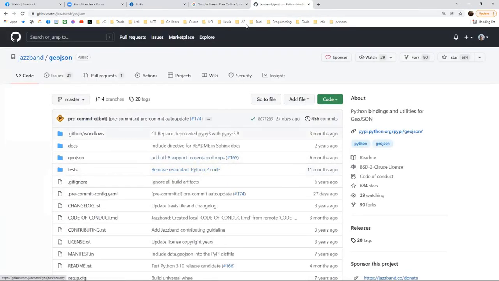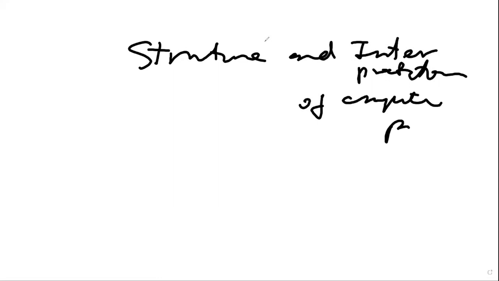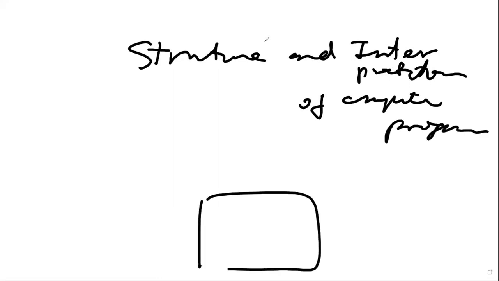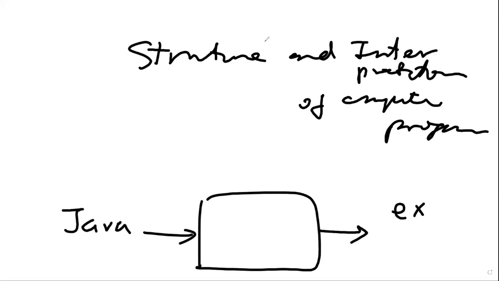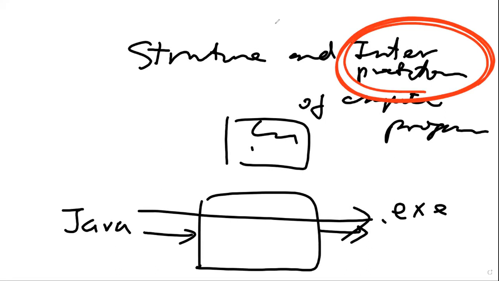You have to study. So the whole purpose of this project is this language, the so-called structure and interpretation of computer programs, right? What we want to learn is, say, you have a Java program. You compile it to some executable code, and you set up the grammar, whatever, and then you convert it to here. So we are focused on the interpretation portion, right? It's a conversion of something, which is acceptable.